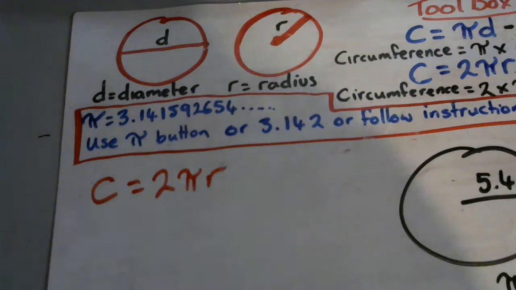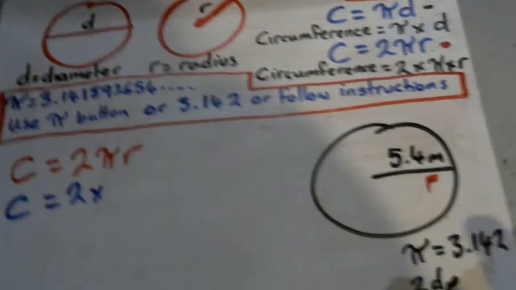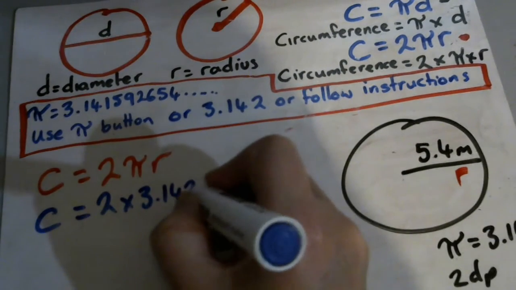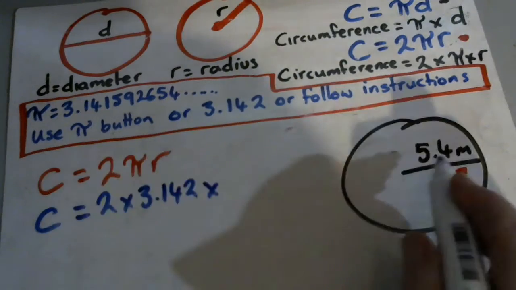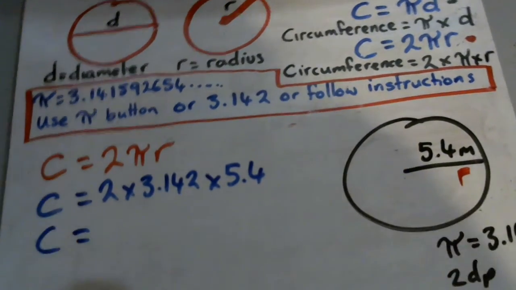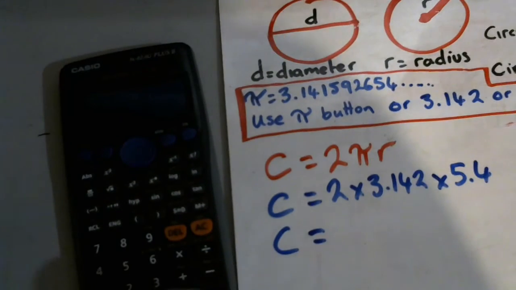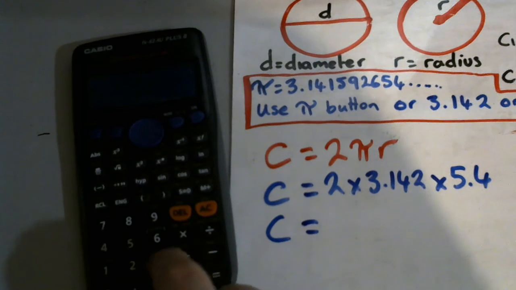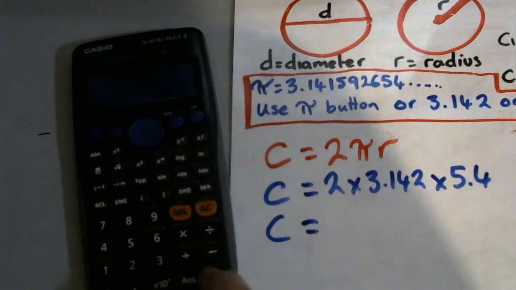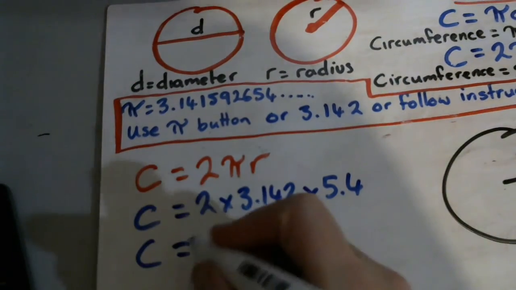Now I'm going to put in the values I know. I don't know the circumference yet. 2 times pi, remember they've told me I have to use this number, 3.142, times r, my radius is 5.4. Now it's all multiplication, so I can put that in my calculator all at once. All I'm pressing on my calculator is 2 times 3.142 times 5.4 equals, and the number I got was, let me write that down,